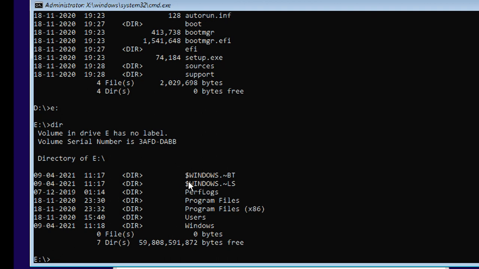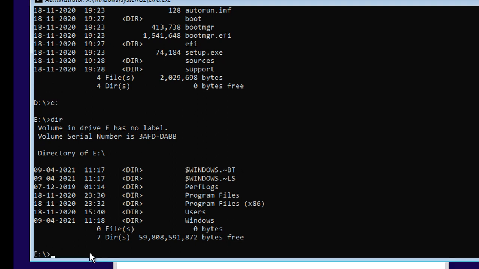First it will extract into a temporary Windows folder. Once extraction is completed, it starts installing, meaning copying files into the Windows folder. It also creates other things: Program Files, Program Files x86, Users, and the Windows folder. The main operating system is located in the Windows folder only. Bootable files are also there, but the main important thing is the Windows folder.